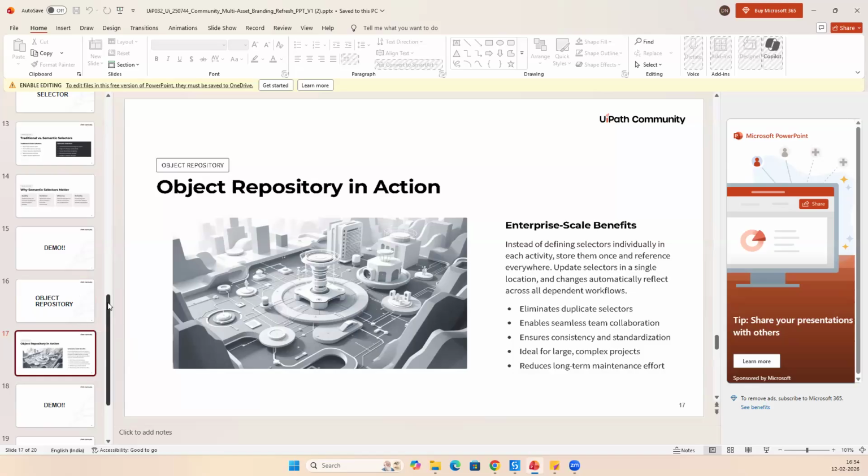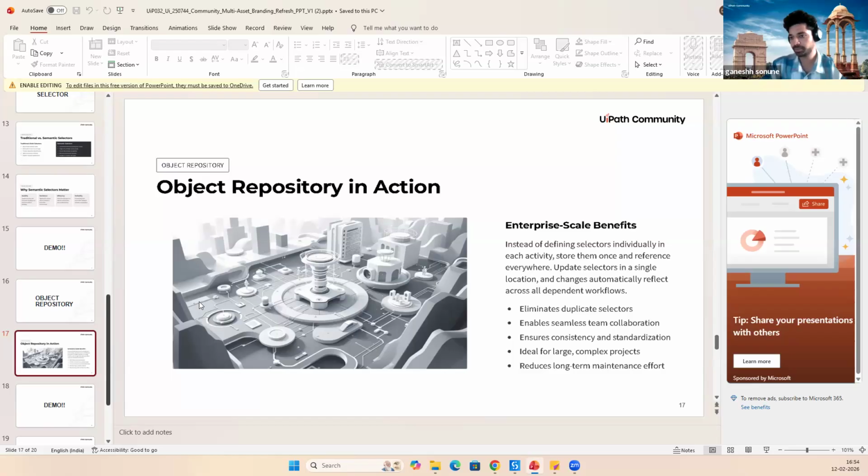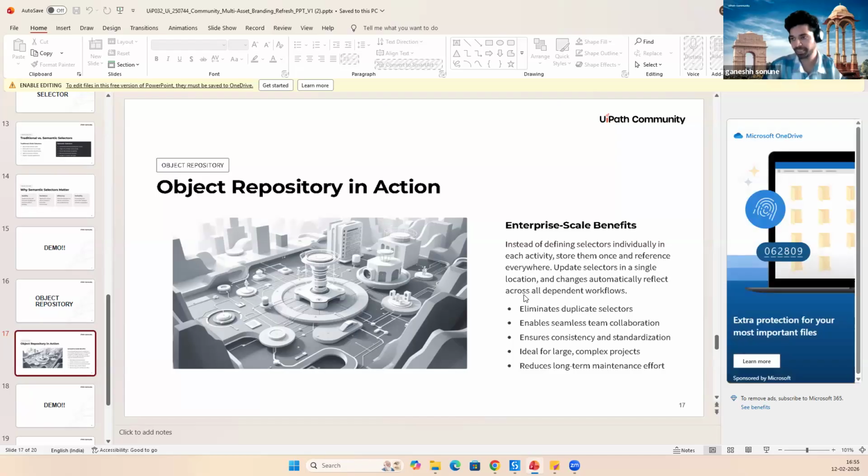All right, thank you. We can cover all the questions after that. So let's go to the next topic: the object repository. The object repository is UI storage. We can store all our UI elements in a library or descriptor, and we can use it in more than 100 projects, or 5 projects, meaning in multiple projects.